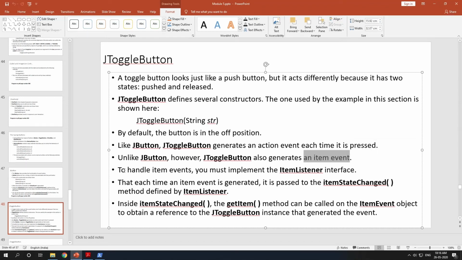To handle the item events, you must implement the ItemListener interface. To handle the action event, you need to implement the ActionListener interface. To handle item event, you need to implement the ItemListener interface. Okay, now if you want to know what is the state of a JToggleButton, what's the state of a JToggleButton, if you want to know,